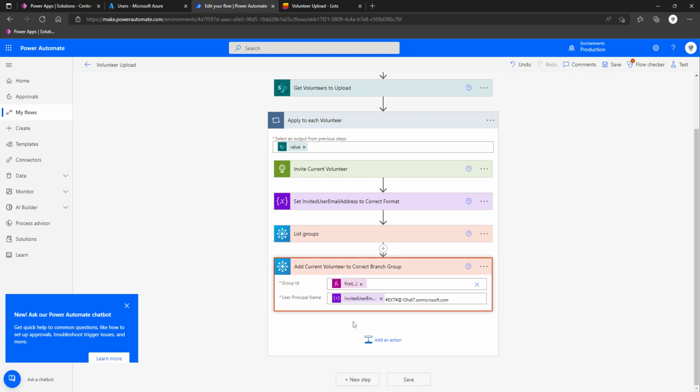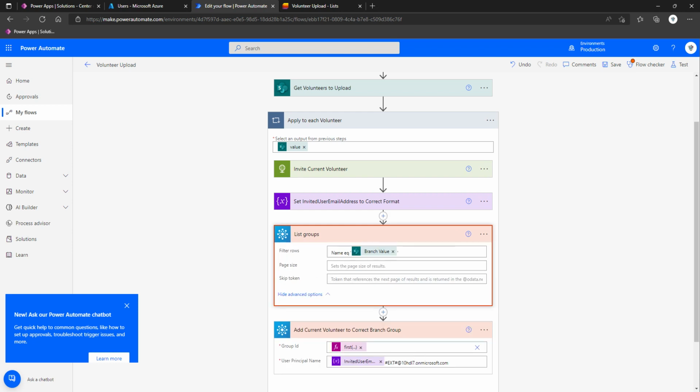Hi, if you've ever wanted to stop unnecessary apply to each, which we can forgive Power Automate because it's completely logical as to why it does it. But if you've got an action such as list groups and there isn't really a suitable action of just get specific group, which there probably is, to be fair, in the Azure AD connectors, and we don't, but let's just say we have to use an action that potentially could return more than one result, but we're only looking for one result. So absolutely, if it's available within the options, the parameters of an action, I also recommend to specify